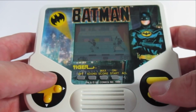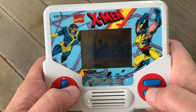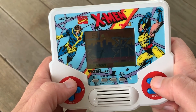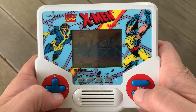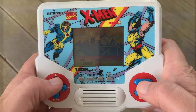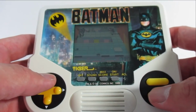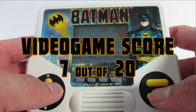I don't actually have the Batman one, but it's really not that different from the X-Men one I do have here, and let me tell ya, playing on an actual unit is decidedly less fun than the mildly fun experience a keyboard has to offer. The buttons just don't respond very well, and you're completely out of luck if there's no light source nearby. It's worse than a Game Boy in that regard. I don't think it's an unfair assumption this all holds true for Batman as well. So we've got about a 7 out of 20 here in terms of video game score,